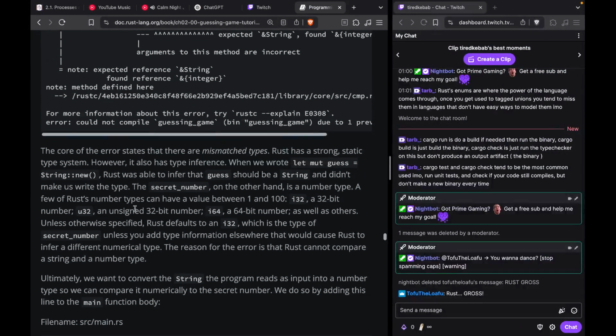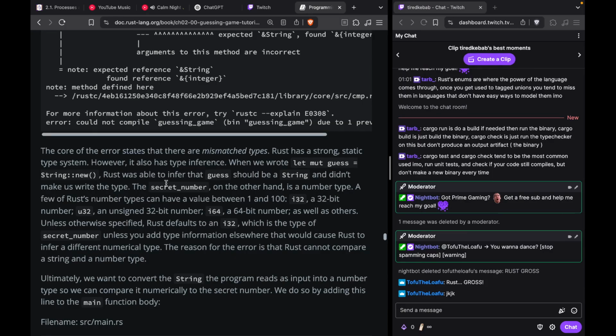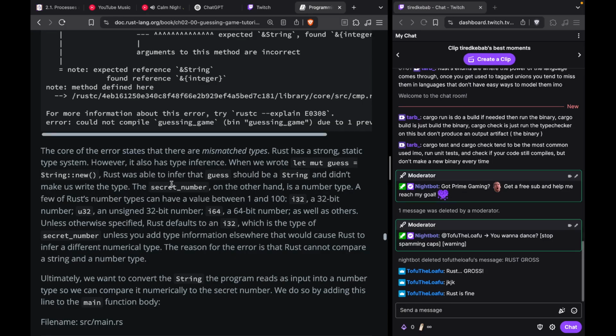The core of the error states that there are mismatched types. Rust has a strong static type system. However, it also has type inference. When we wrote let mut guess equals String::new, Rust was able to infer that guess